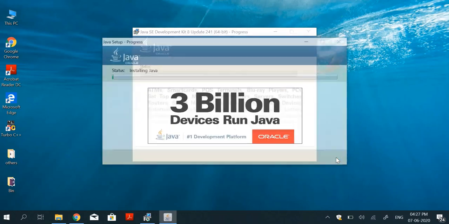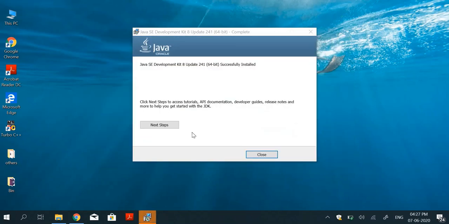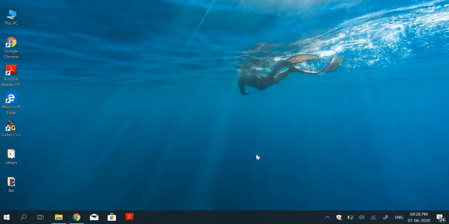You have to click next. Yeah, it will take some time. When it finishes, click on close.